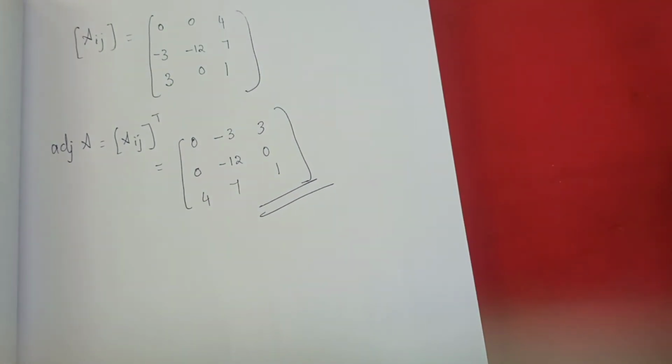Understand, students? All of you got thorough knowledge in finding the adjoint. Don't confuse minor, cofactor and adjoint. Again I am saying, adjoint means the transpose of a cofactor matrix is called the adjoint. Okay? Shall we move to the next section? Some problems are there in the exercise. I will give some homework. You can go through that.